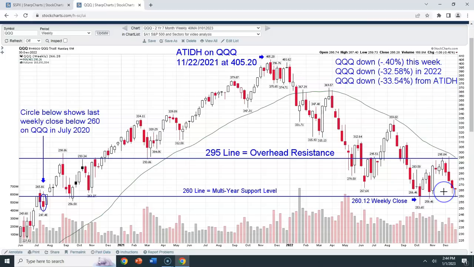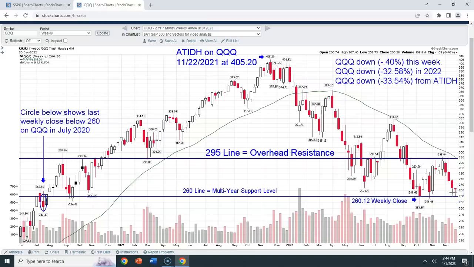So where we closed on Friday, December 30th, 2022, is 33.54% from that all-time high, and not too far off of the lows. Again, we closed at 266.28, and we've hit a low so far back in October of 253.65 on the Qs. But what I find so interesting: look at this 260 line, and look at how this has been a multi-year support level. And I did point out here because I knew somebody was probably going to challenge me, but look at this. We closed back here in October this week where my cursor is moving at 260.12.